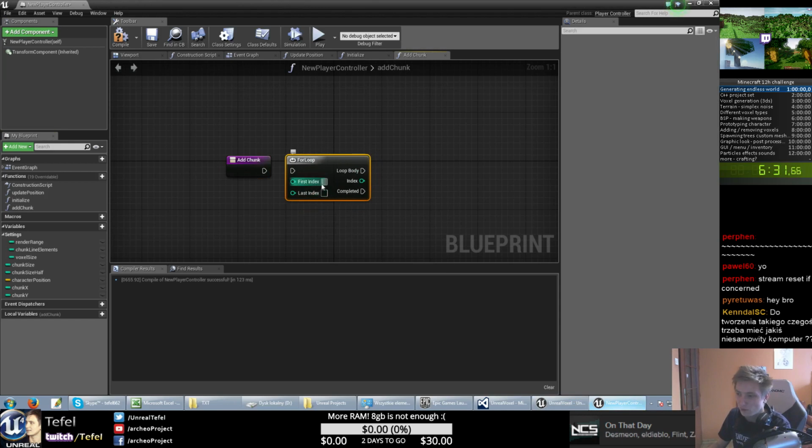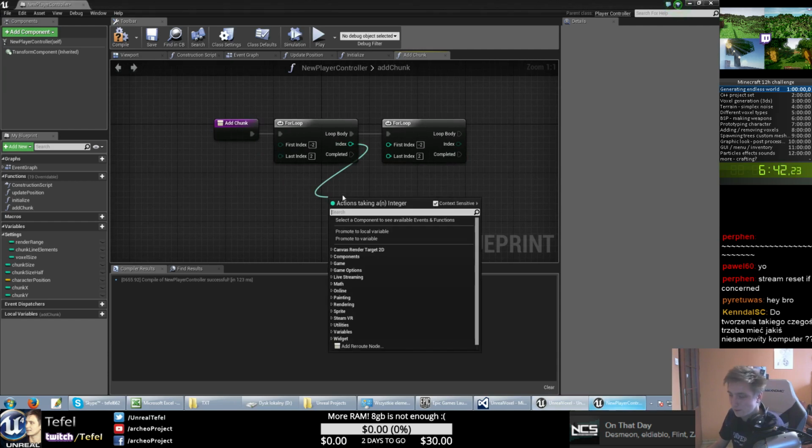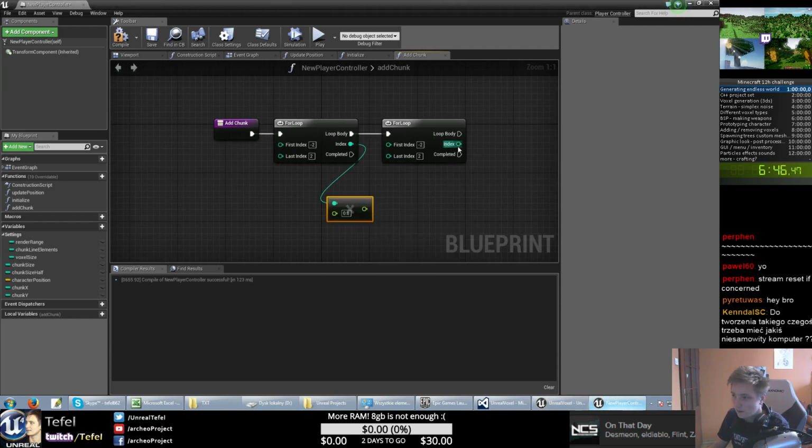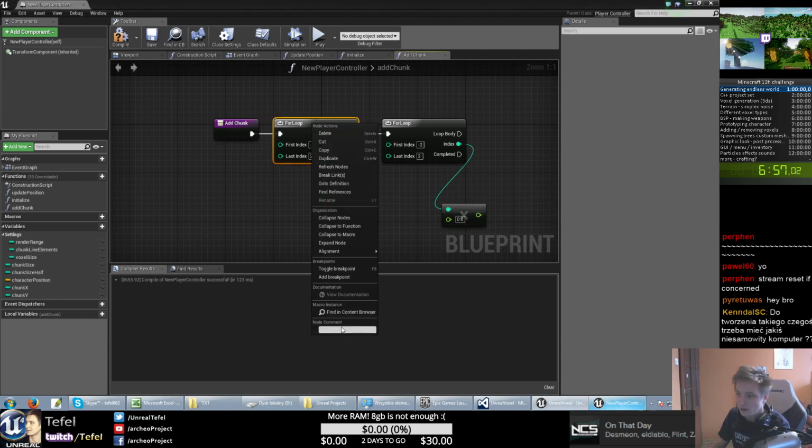We can set from -2 to 2, and do the same twice, multiplying my index by chunk index, and do the same with the second variable. This is my x,